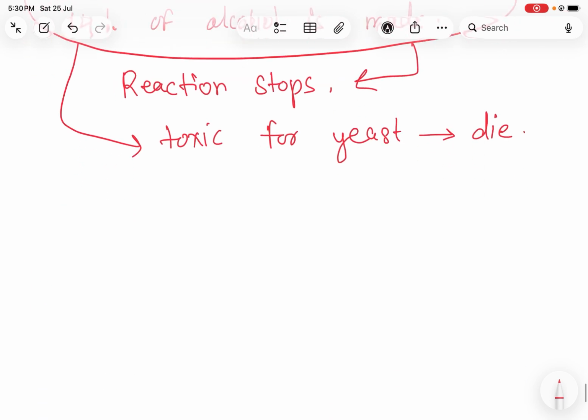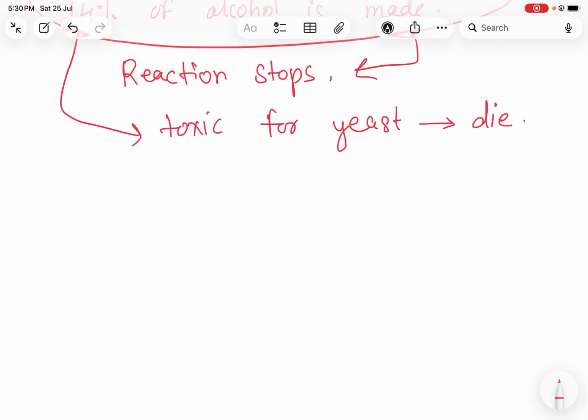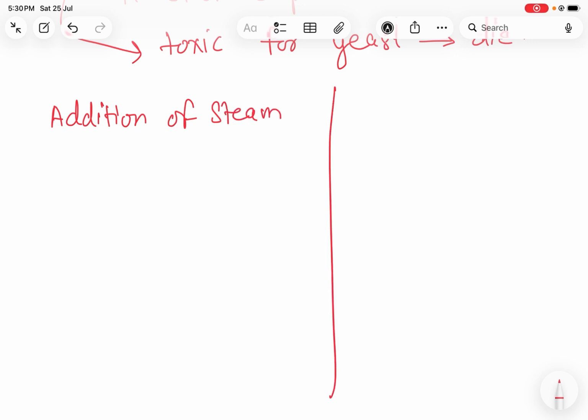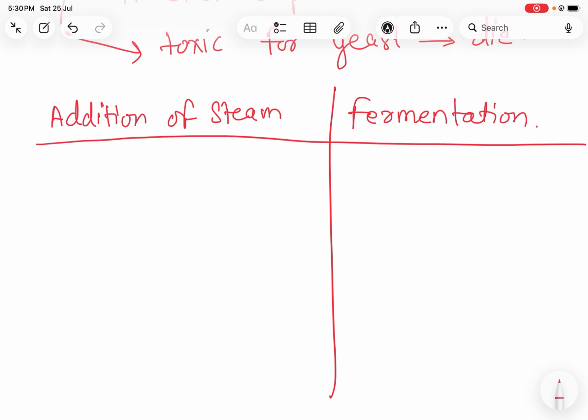Now, here we have learnt about two methods. The first one is addition of steam, and the second method that we have learnt is fermentation. So, what are the advantages and disadvantages of both these methods? First of all, we will be doing the advantages. Now, in addition of steam, we would say the reaction is fast,